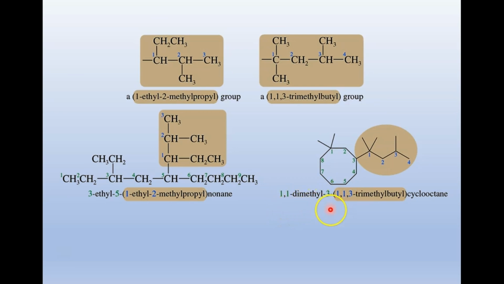1,1-dimethyl-3, parentheses, 1,1,3-trimethylbutyl cyclooctane. Any questions? So there's one complex substituent